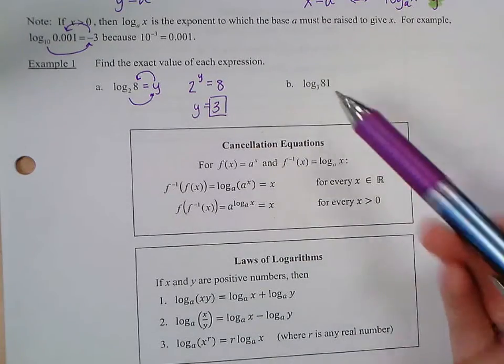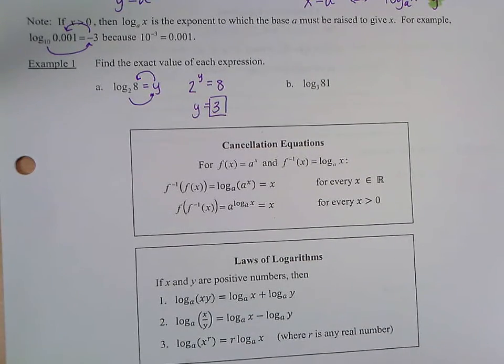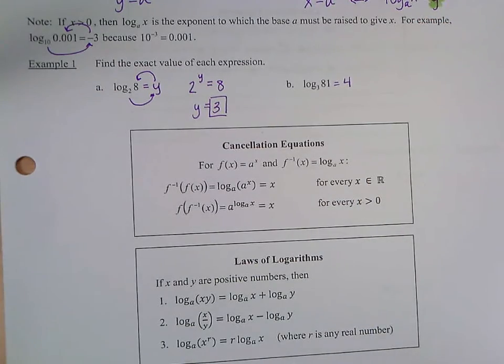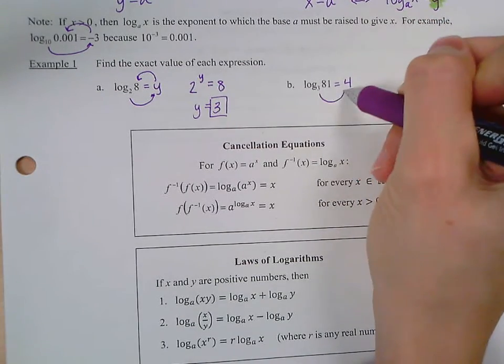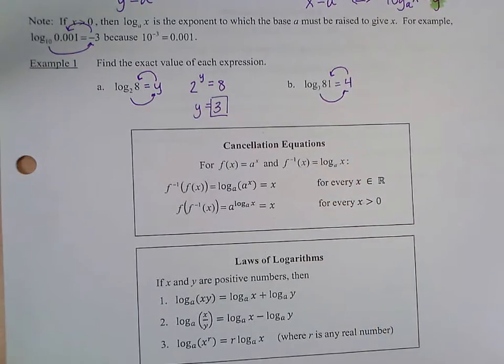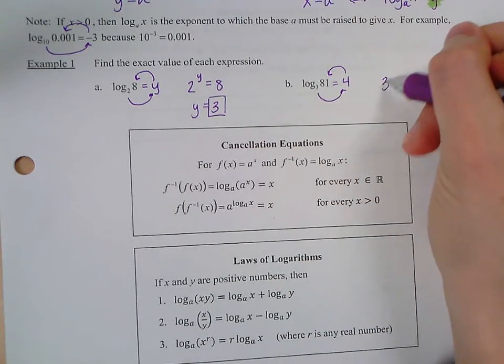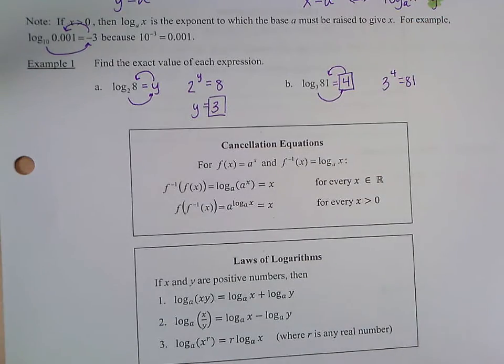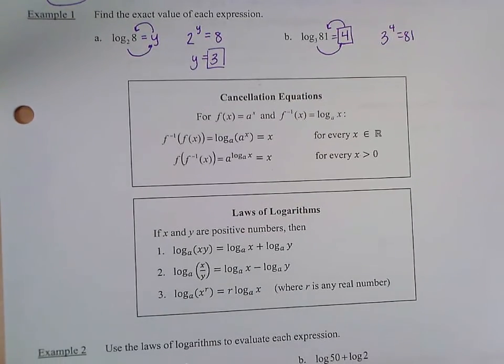So then part B, log base 3 of 81, you raise 3 to the fourth power to get 81. Okay, then I included the cancellation equations, so the relationship between exponential functions and logarithmic functions canceling each other out since they're inverses,